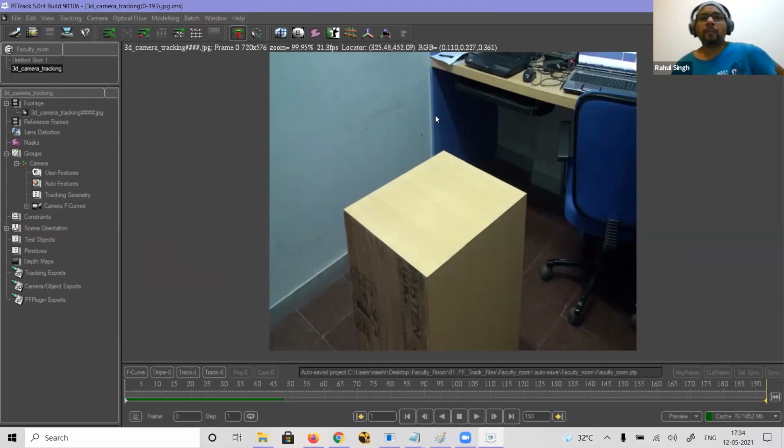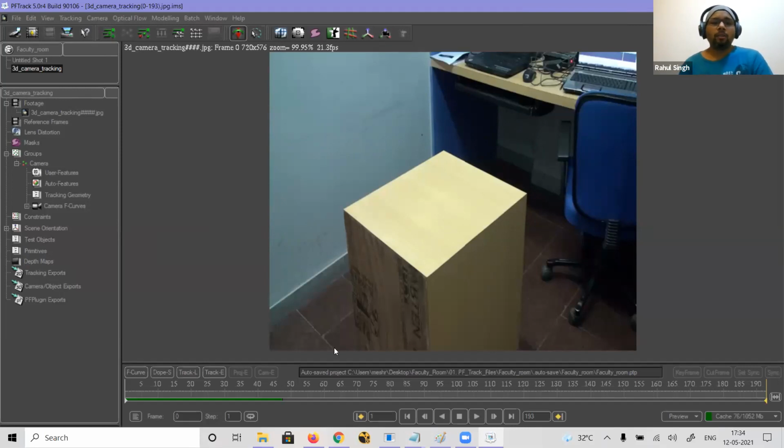Okay, fine. Now, PF track is a combination of automatic tracking and manual tracking. What do we mean by automatic and manual tracking? Auto tracking means the computer automatically finds the track points and tracks them. Manual means I am telling the computer, this is the track point, track this point, or I am manually tracking frame by frame. So for a successful and good track, you need a combination of auto track plus a minimum of 7 manual track points. Okay, minimum 7 manual track points you need.